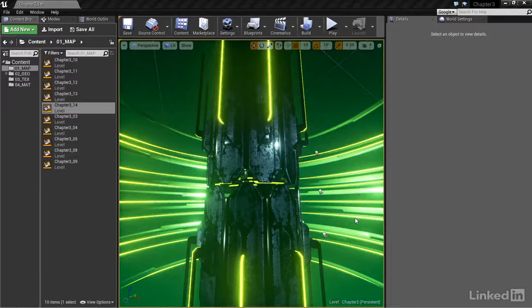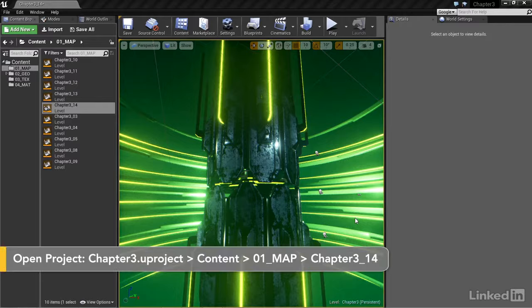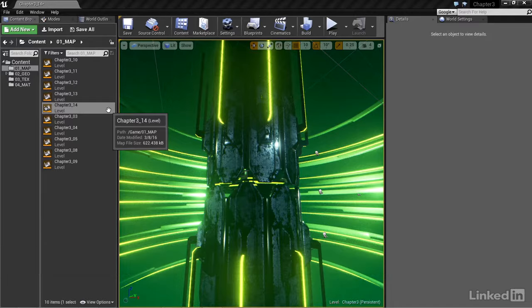Now that we have our scene all set up and our post-processing dialed in and everything good to go, it's time to render this out to a frame sequence on disk. We're in Chapter 3, Level 14. This is where we left off in the last movie, and now it is time to go set this up